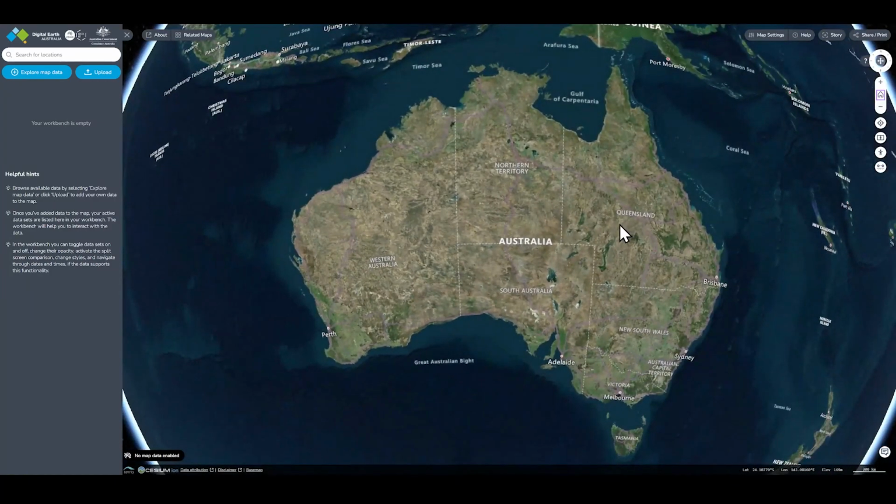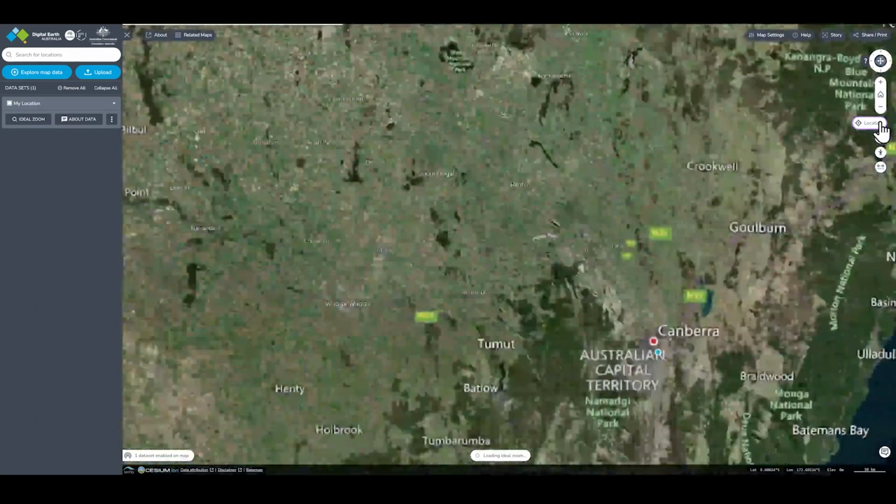Click anywhere on the map to see the coordinates of a location. If you click on any point on the map, you will see details about any active data layers for that position. The location icon on the right-hand side will drop a pin on your current location if your browser's location services are turned on.